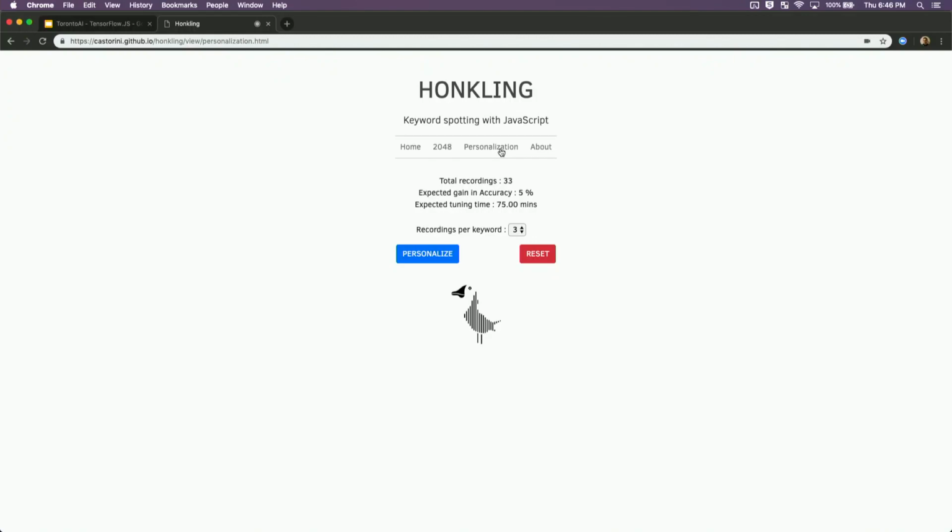If anyone has, say, Google Assistant, you're probably familiar with when you first set it up, it asks you to say hello Google 3 or 4 times. So what it's doing is it's got a pre-trained model, and it's fine-tuning some weights in some of the final layers to get an accuracy boost for your particular voice.